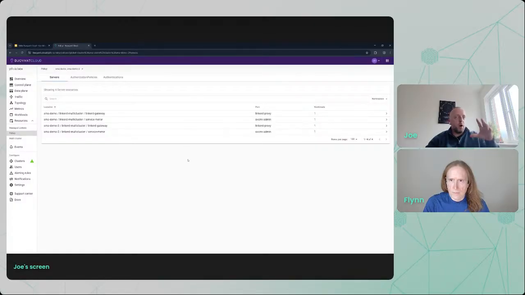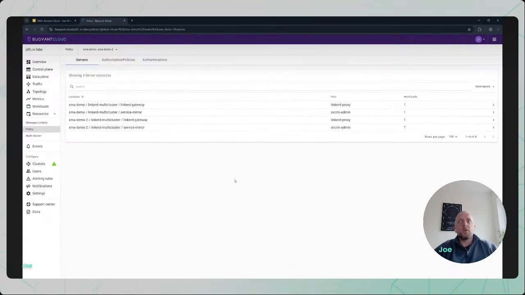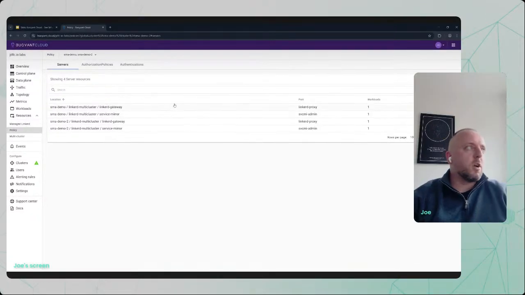This policy area of Buoyant Cloud is really useful for showing what policies I've got, what ports they're running on, and how many workloads I've got using those